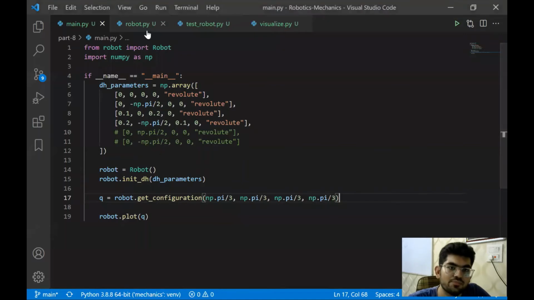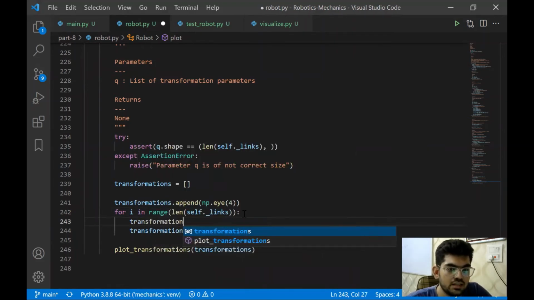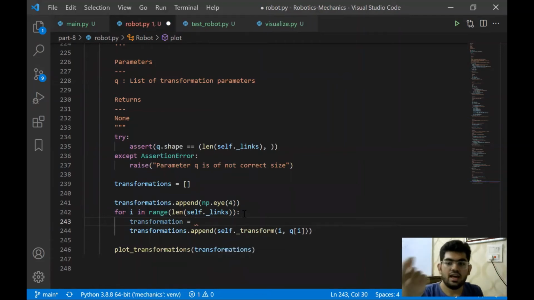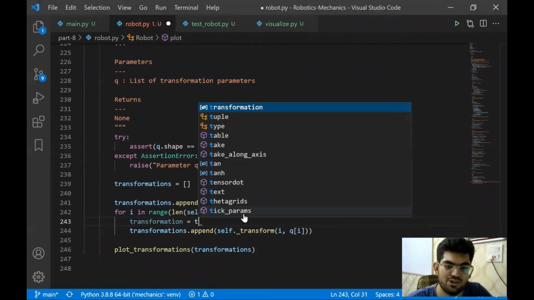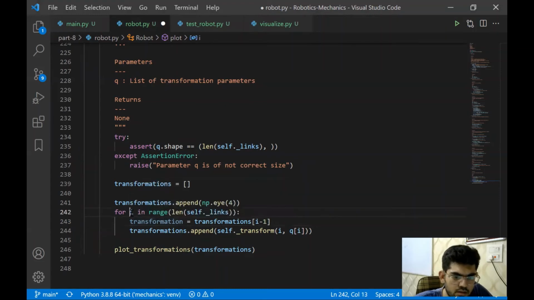What we needed to do was multiply the transformations and then append them, a sequence of transformations. Because the ith frame is dependent on the 0th till the (i minus 1)th frame, it actually has to multiply each and every one of them to get to that location. That's how transformations work. So my bad, we just made a small mistake over here. We are going to put i minus 1 over here, no, we are simply going to put i over here.